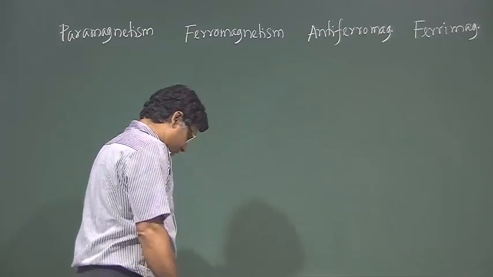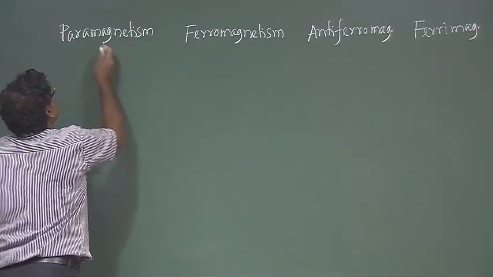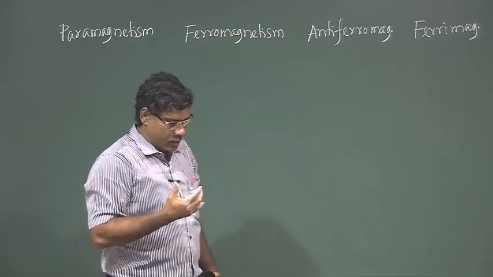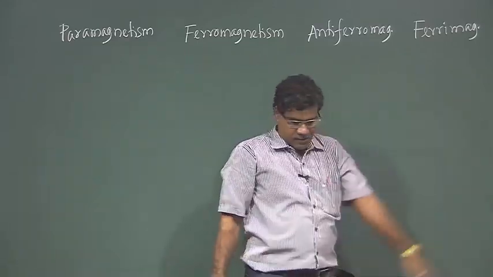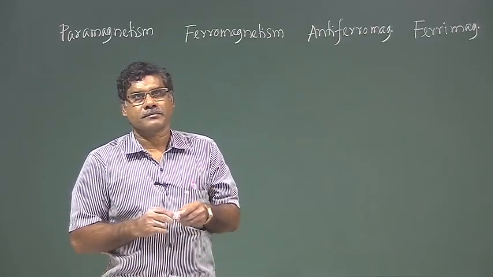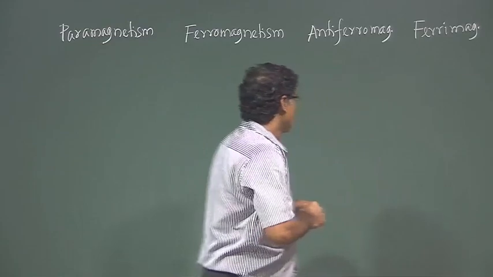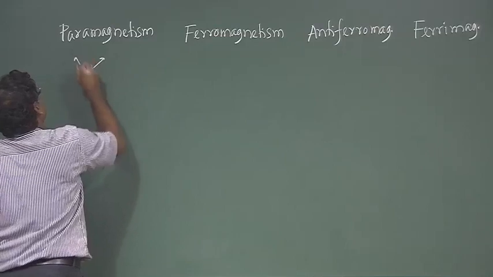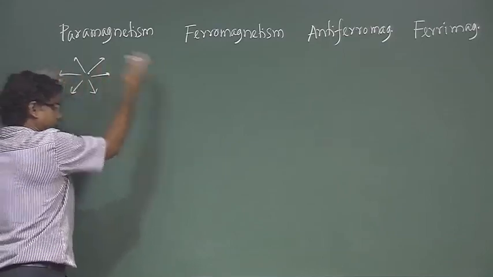So, what are the differences among them? Basically, in paramagnetic material, permanent dipole moments are there. All are differentiated based on the ordering of the dipole moments in the materials. In this case, the ordering is random, the spins are randomly oriented,